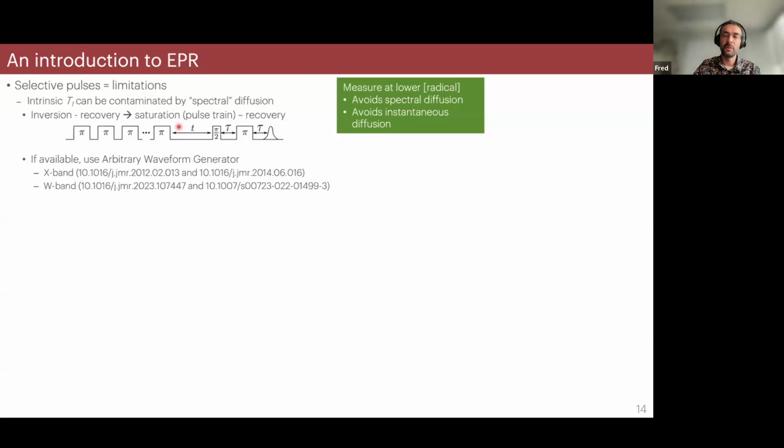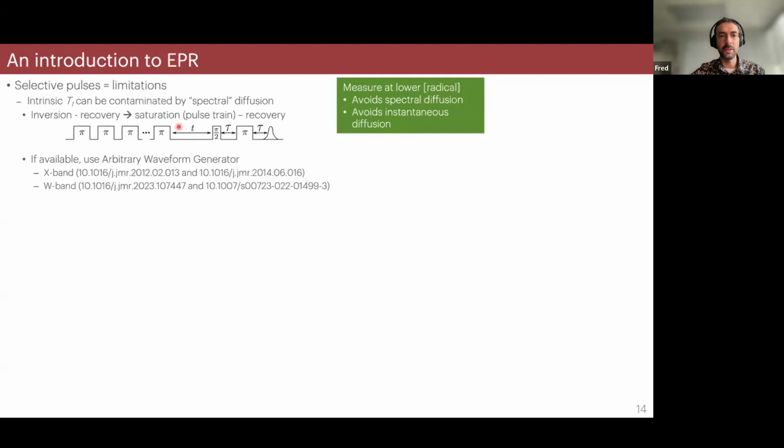And in general, if you do those experiments, I would recommend that you work with lower radical concentration. While this is not exactly the DNP conditions, I believe this enables a better comparison between biradicals. If available, you could use an arbitrary waveform generator to excite the whole EPR spectra, but this is not common. You have it at X band, at Q band, and now at W band, but there are very few setups